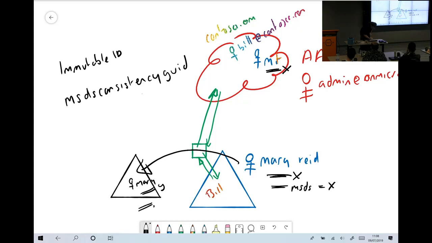Now I come and do my Quest, Binary Tree, etc., ADMT or whatever migration. I get a new object GUID of Y, but my MSDS value is X. I copy that across. So in my mergers and acquisition scenario, I copy across the attribute that ties me to the object in the cloud. I come back to my sync engine, and I update my sync engine to read and write from my new forest. I have to be careful not to read and write Mary at the same time that I'm reading and writing this one. I can only have the source user once. There's a few tweaks I can do to make it work more than once. But generally speaking,